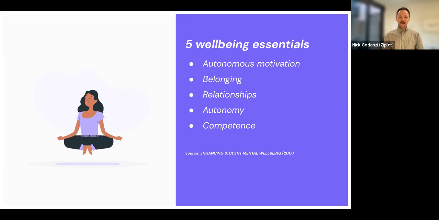So thinking about that definition of wellbeing and those 5 key elements, when there is a bit of an imbalance in a student's wellbeing and it tips into maybe a bit of an unhealthy range, factors like their behavior, their personal satisfaction, and then of course, ultimately, their academic performance can all start to deteriorate as well.